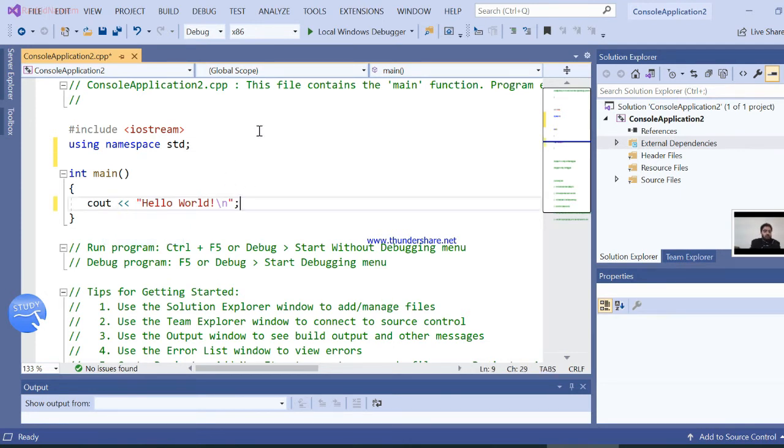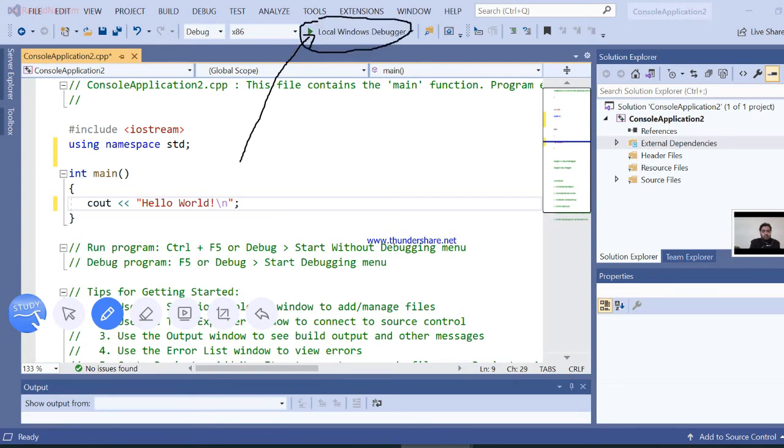So how can we build, debug, or compile this cpp file? You just need to go here. Let me show you. Here you can see a button with the run notation and local windows debugger.